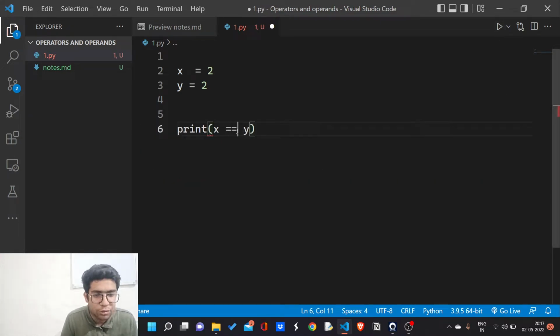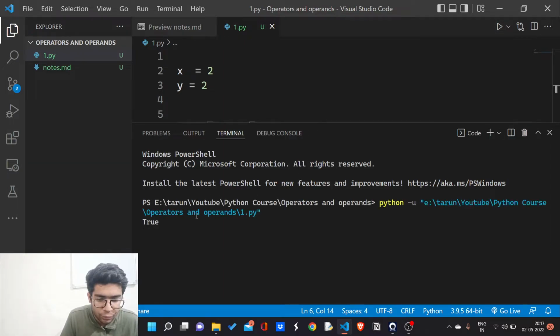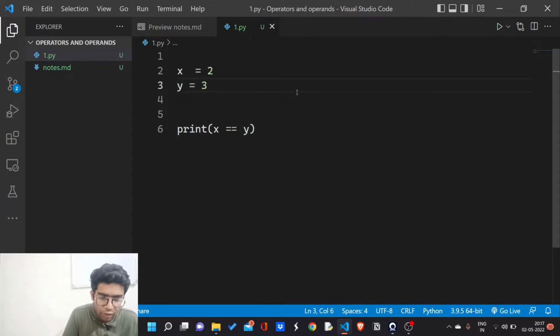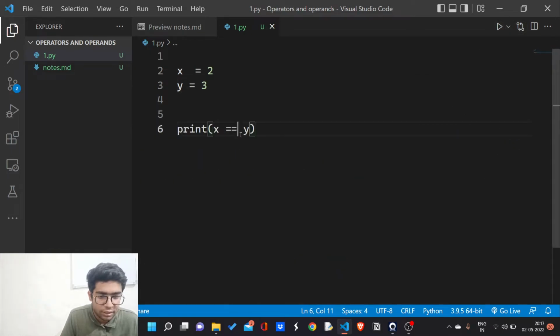Now there is equals to equals to, which means both the values are the same, x is equal to y. You can see it will return true. If I put 3 here, now it will return false, as 2 is not equal to 3 in any sense. But there is an operator not equals to. This is the font. It will not show in your VS Code like that. I have chosen a theme for my font, that's why it's showing like that.